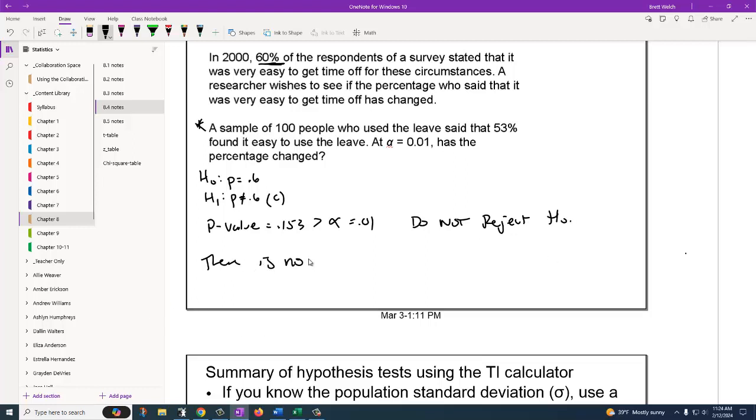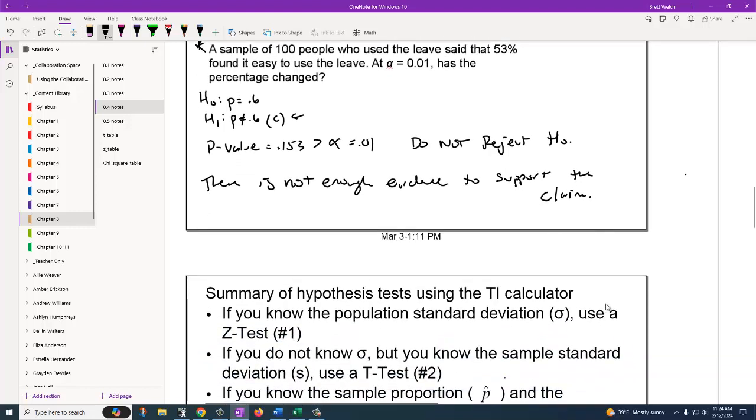There is not enough evidence to, and because our claim is the alternate, we're going to say support the claim. And then we're done there. So that's really what's different. We're doing p-values instead of